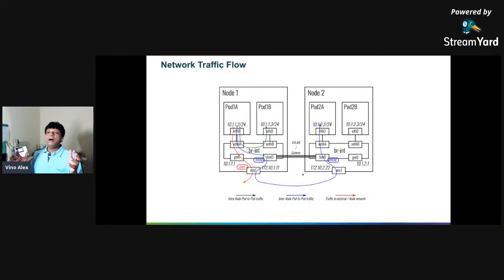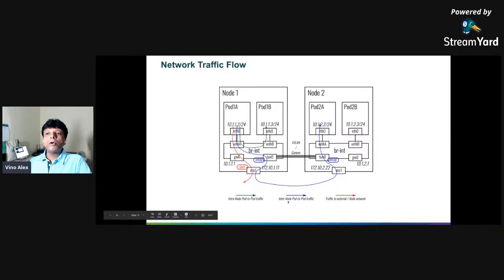And this is a simple illustration to discuss the network traffic flow. When your pods are talking inside the same node, suppose you have a multi-node cluster and 2 pods in node 1, and these 2 pods are talking to each other, look at this green line. I hope you can see the green line. The traffic will not cross outside the node. It will flow from port 1 to port 2 via the bridge. That's how the traffic happens.